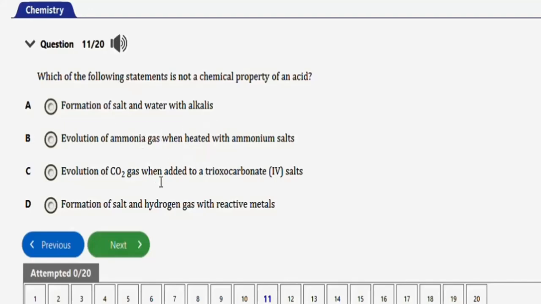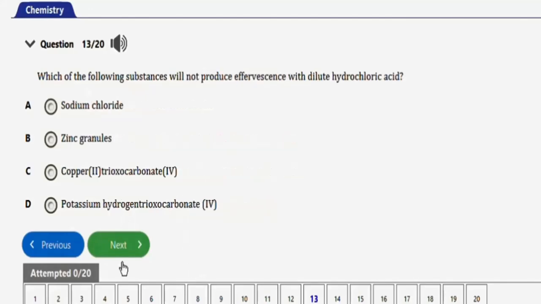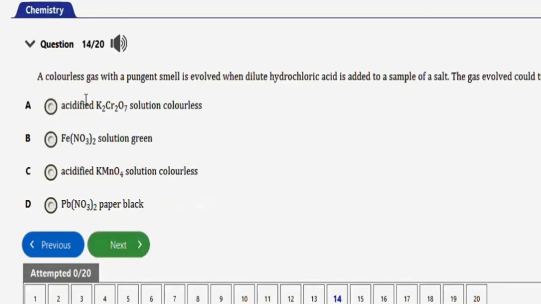Okay, next question will be this one. It says which of the following substances will not produce effervescence with dilute hydrochloric acid? So the right option here, this is a repeated question guys, will be option A, sodium chloride. Okay, so that's it for this question. The next question will be this one. It says a colorless gas with a pungent smell is evolved when dilute hydrochloric acid is added to a sample of a sulfite. The gas evolved could turn acidified